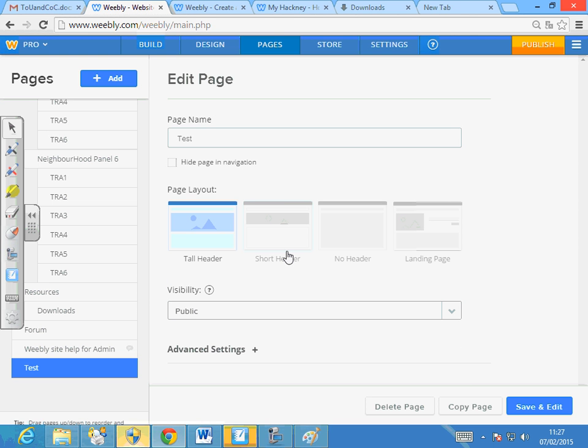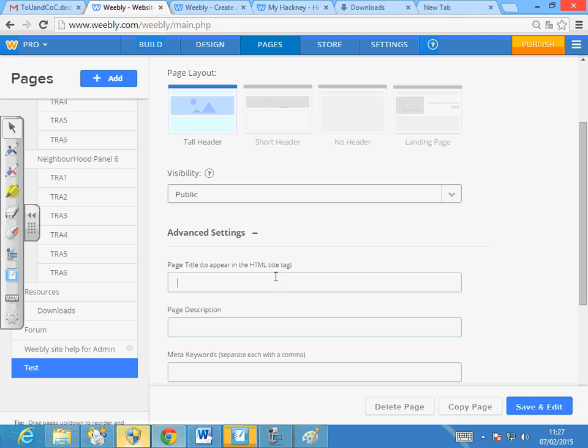So if I have selected this layout, and I'm saying visibility public, and for the page title I'm saying training test, just to show you the difference. I've said the page name is test, but I've set the title as training test, right? And I'm going to add a page description. Obviously, you wouldn't be able to see the page description being read out because I don't have a browser to show that. But page description, created by